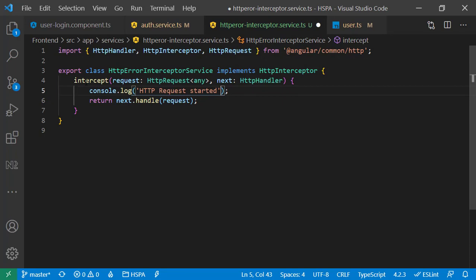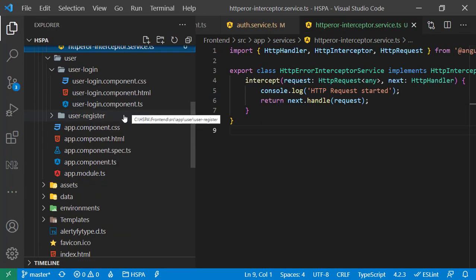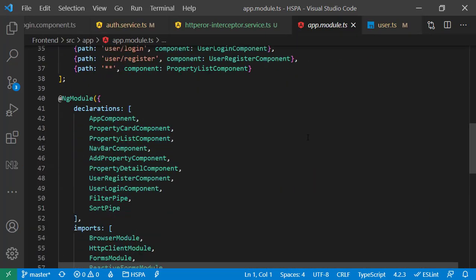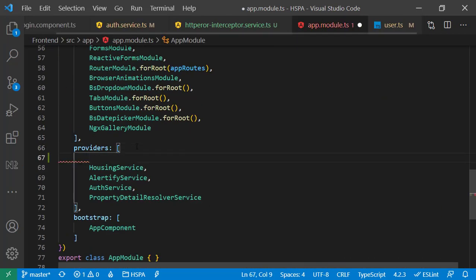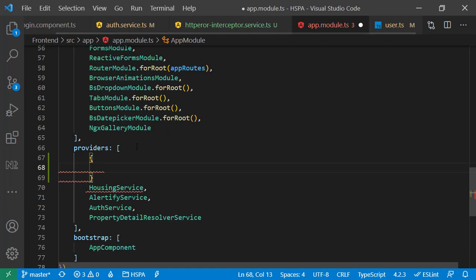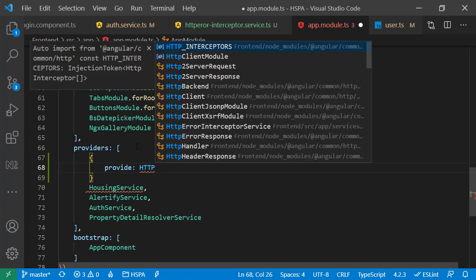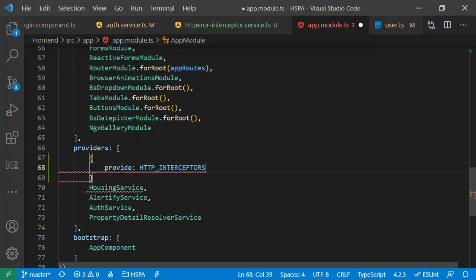And finally, in order to tell Angular about our interceptor, as usual, we will have to go to the app module, scroll down to the providers array, and here we need to add a JavaScript object. We need to provide three properties here. The first one is provide, and here we need to use HTTP_INTERCEPTORS, all in capital letters. This is a token name that Angular will look at in all the classes and will consider those classes as interceptors and run those classes in the chain.